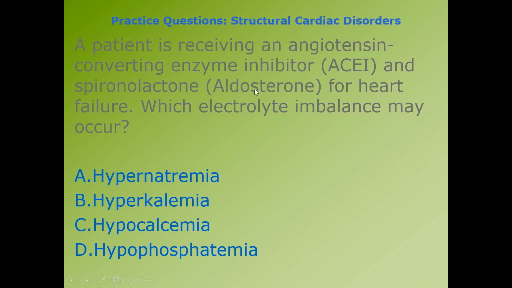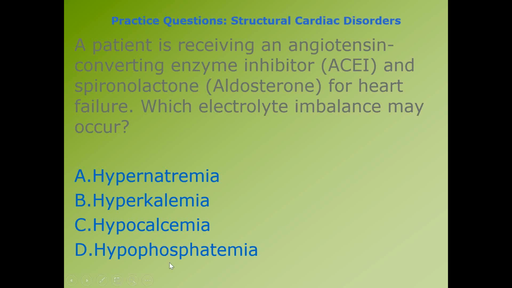Well, if you're giving a drug that is counteracting aldosterone, spironolactone, then the opposite's going to occur. So with spironolactone, aldosterone is inhibited, and therefore the patient would get rid of sodium, so you wouldn't see hypernatremia, because we're doing the opposite. Therefore,